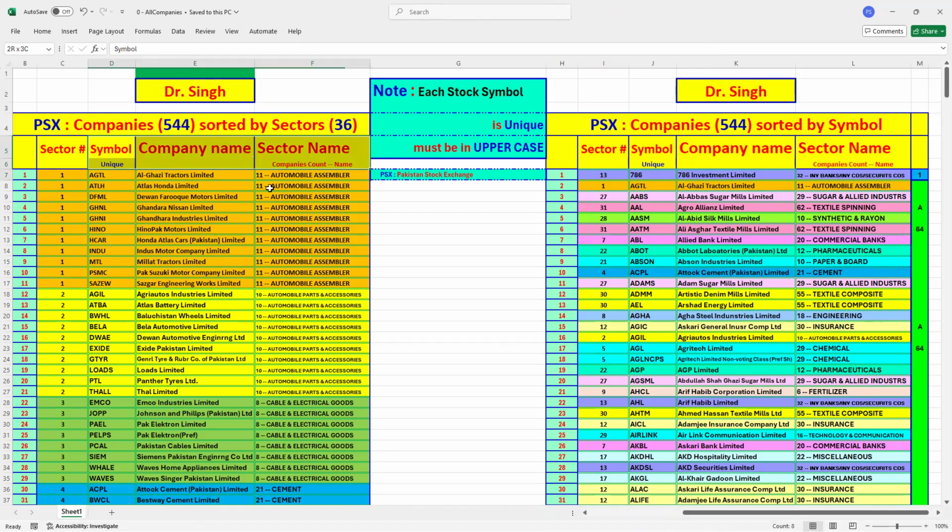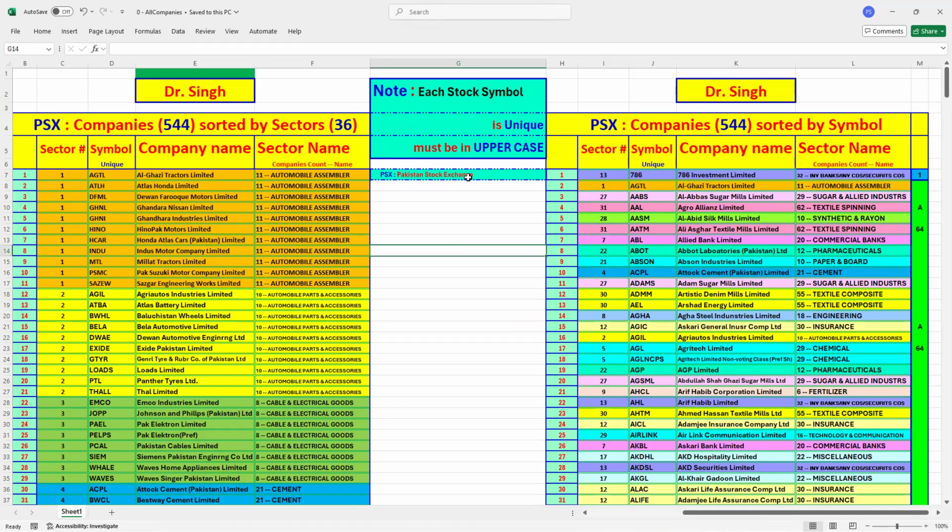And you're seeing two tables, one on the left side and one on the right side. The information in both of them is the same, except in the first case, we have sorted them by the sector number, 1, 2, 3, 4, 5. And on the second table, it is sorted based upon the symbol that you see over here, okay? Once it is clear, let's come over here. Well, before I come here, let's talk about this.